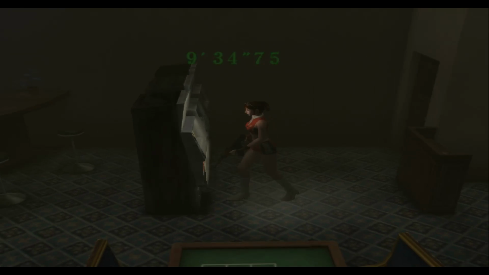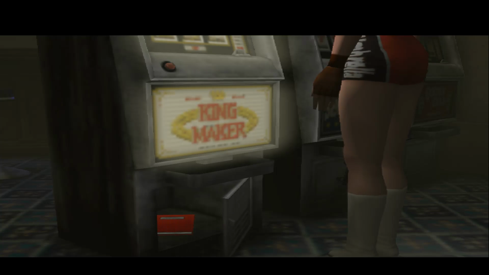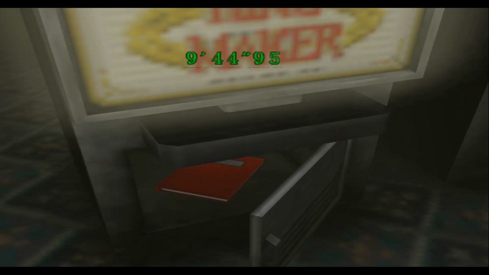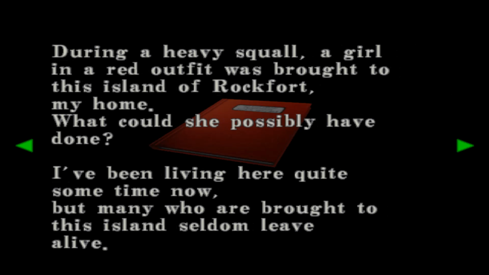Okay, so let's see what is in here. Is it the machine guns or is it something different? Oh, it's the note. That's right, there was a special note. I forgot. Alright. D-I-J. Okay. Now there's a funny thing about this, but,